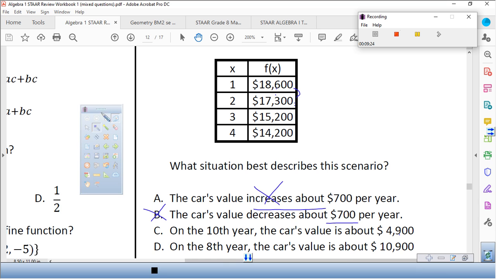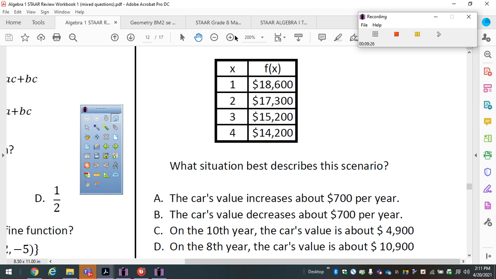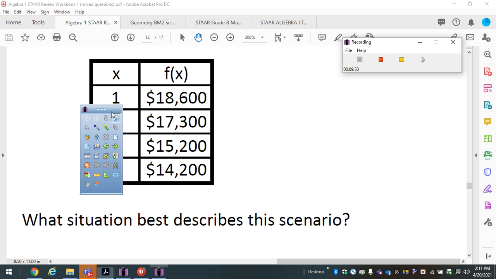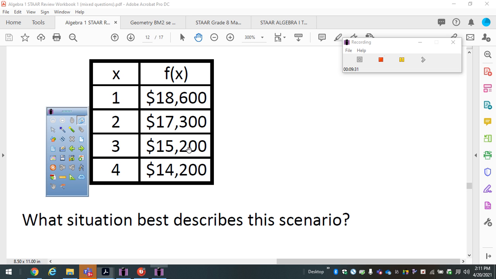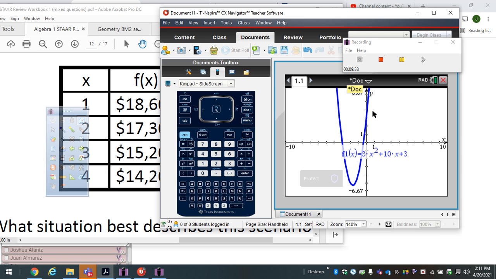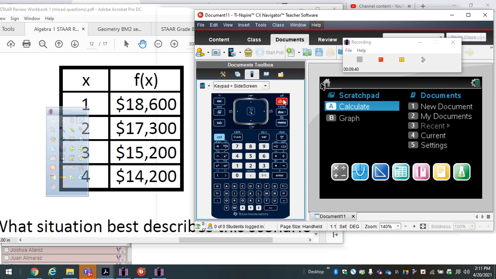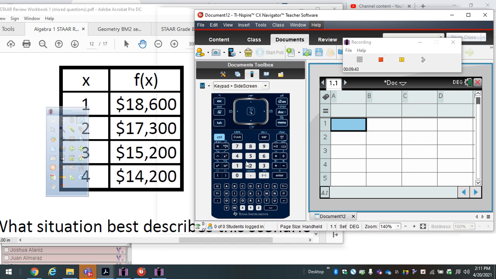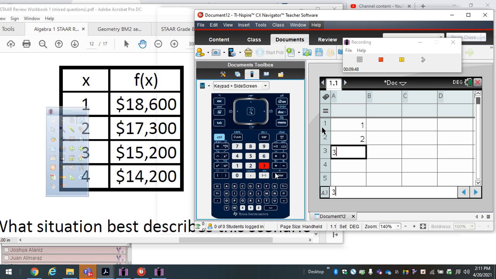Let's go ahead and look at this. Ready? I'm not going to say it is linear, but we're going to treat it as linear. Okay, as time goes on, this is definitely going down. So I'm going to approach it like that. Now we use the calculator for this one. I'm going to go to list and spreadsheets, and then just go here. 1, 2, 3, 4,